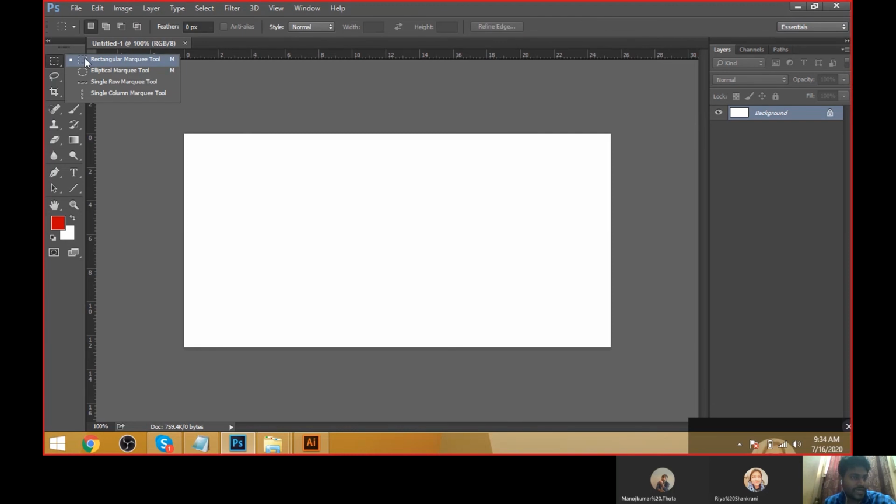Here we have the rectangular marquee tool, and here we have shortcuts for the rectangular marquee tool and the elliptical marquee tool. If you press M directly, what is the shortcut for the rectangular marquee tool? It's M. M goes directly to the rectangular marquee tool.